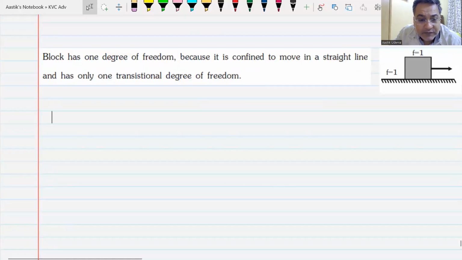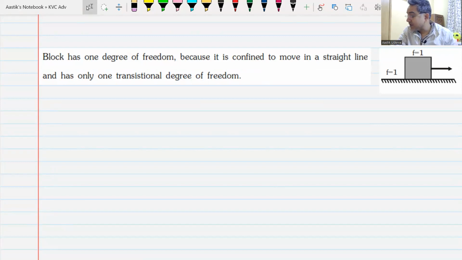How many degrees of freedom will a body have if it is moving in a straight line? One. Yes or no? Yes, sir. And that is one because it only has one coordinate which is changing; it is moving along the x-axis. Listen to me first, then I will give you time to write. Do you understand what we mean by degrees of freedom? Yes or no? Yes, sir.